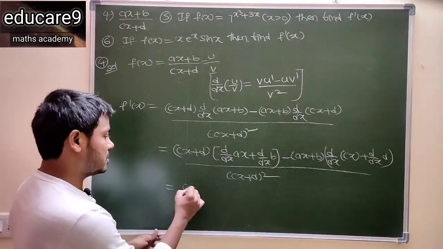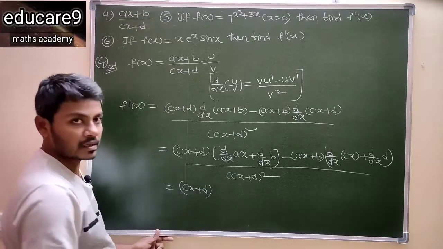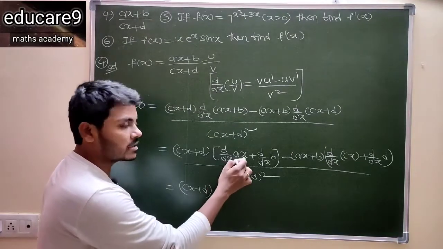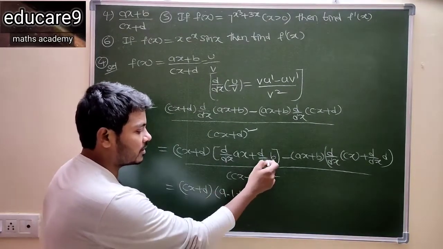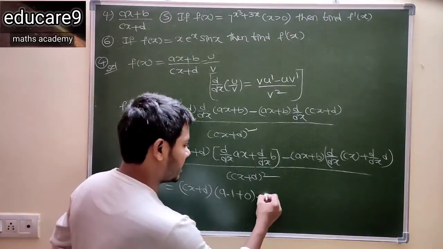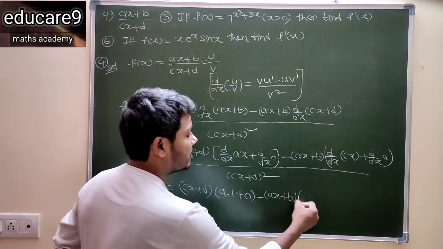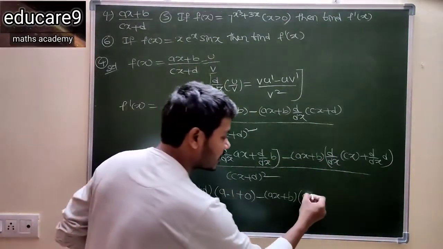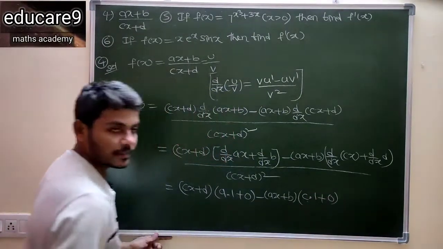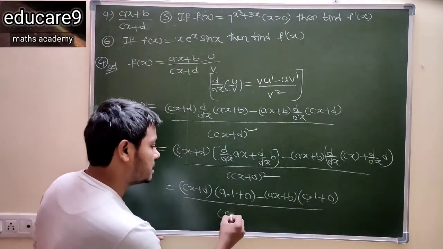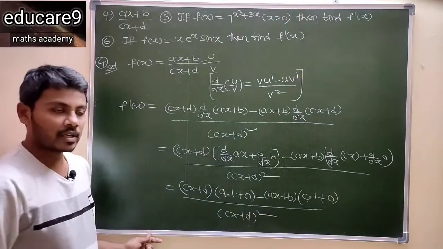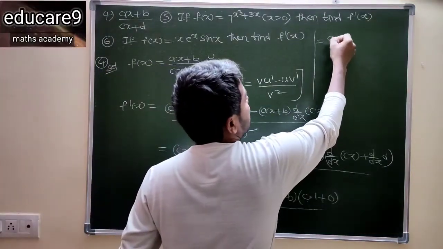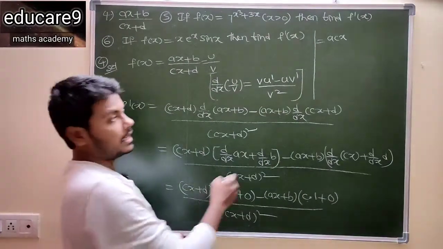Now this is cx plus d into, see here a is constant, right, outside of the differentiation, a into d by dx of x is 1 plus derivative of constant 0, minus ax plus b into, see, c outside of the differentiation, d by dx of x value is 1 plus derivative of constant 0, divided by cx plus d whole square. Now multiplying inside, a into cx, so this is acx plus ab